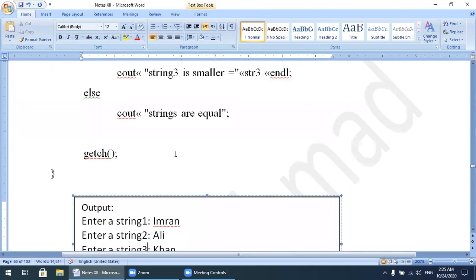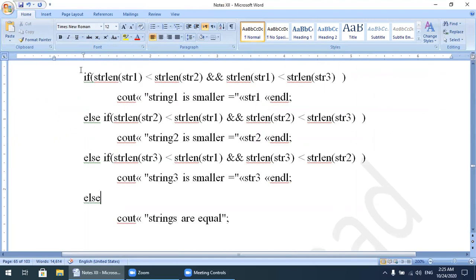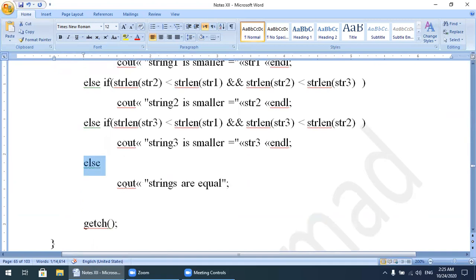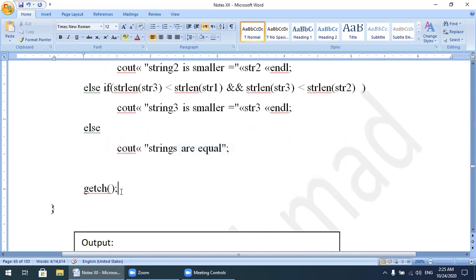If none of these conditions is true, which statement will be executed? Control will be transferred to the else statement, and this message will appear on the screen: cout "strings are equal". All strings are equal in length. Then getch and the termination, which shows the end of the main function.